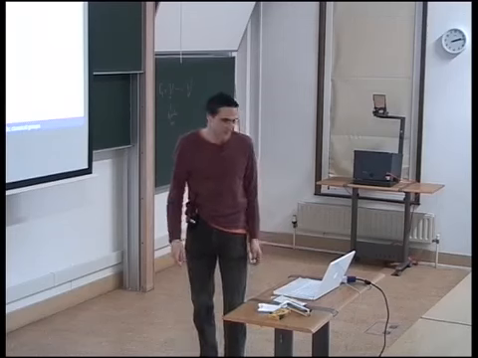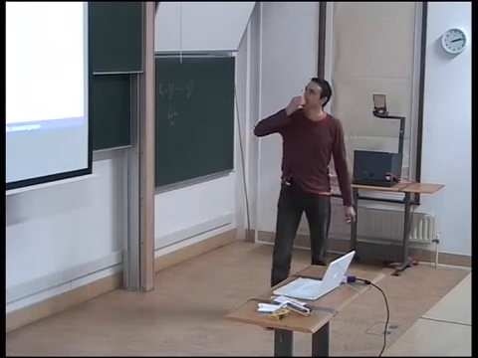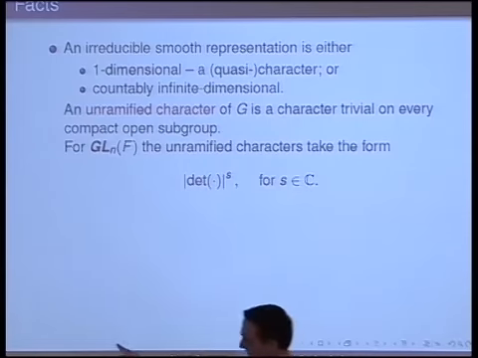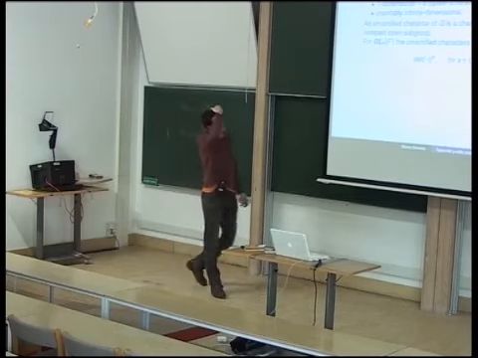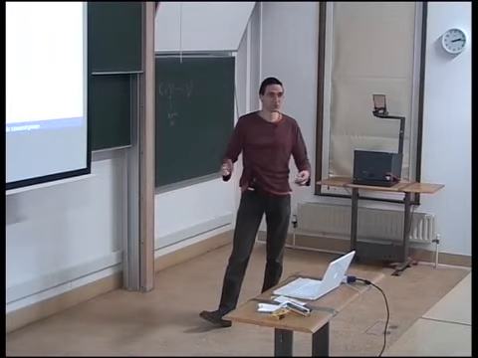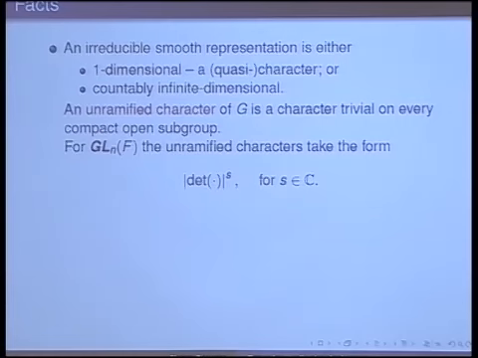One word which I'll want to use later is for a special sort of character, which is called unramified characters. The unramified characters are characters which are trivial on every compact open subgroup of G, so all the groups which are conjugate to one of these, for example, for symplectic groups. So for GLN, the unramified characters are all given by taking the determinant first, because it has to factor through SLN, and then the absolute value to some complex power s. And that gives you all the unramified characters. And in general, they form a complex torus.